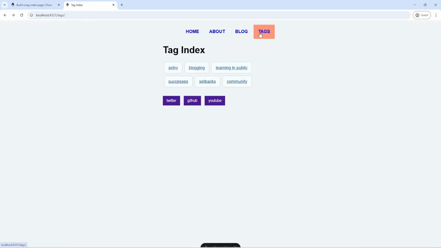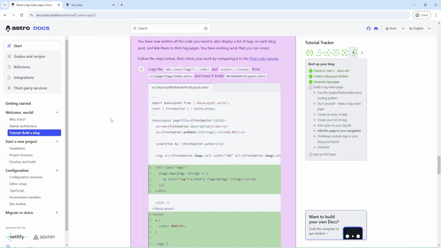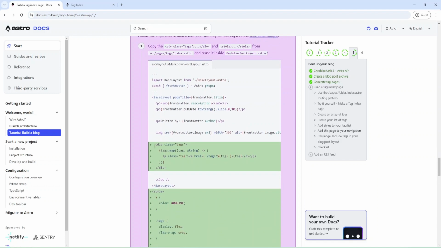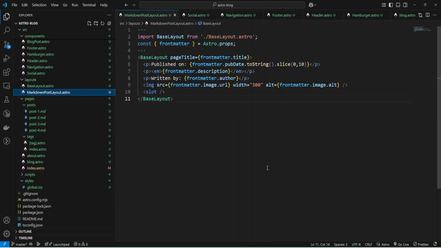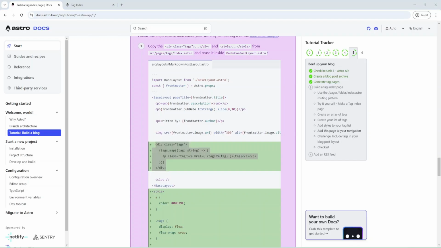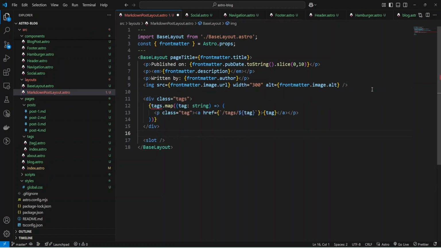And as you can see, we have tags here. Okay, and I can go to my tags. Okay, let's move on. And they propose to add tags to Markdown, and let's do it. I'll change my Markdown layout and add this code before slot.